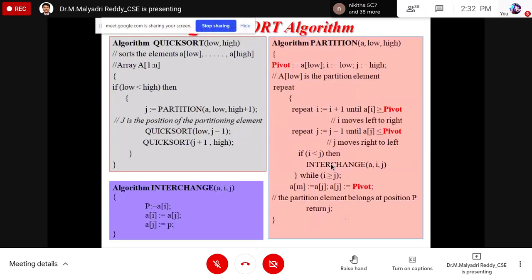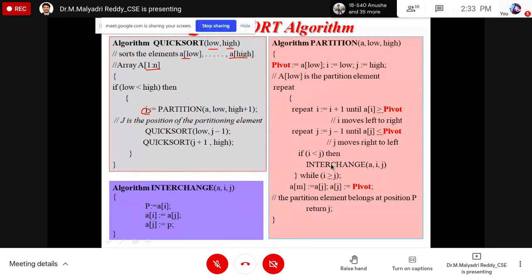Take this algorithm for quicksort. So according to the rule of quicksort, it has two boundaries, lower boundary and higher boundary. What I have done in the previous two examples, initially we will give the array of elements, here lower boundary to upper boundary. It will represent 1 to n elements. Always low less than high. J is the pivot element. Partitioning, low, high plus 1. The range is low, comma, high plus 1.